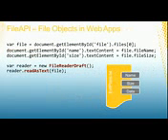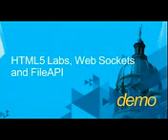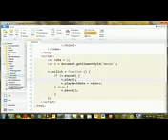The other specification that I want to talk about is the File API. So this actually gives us file level access in the browser similar to what we've had on our servers and in .NET for so many years now. So we can actually get information about files on the user's file system if they allow us to. And we can load those files and read files in as text. We can also load images and blob data in, and allow those things to be displayed in the user's browser as well. And I'm going to show you some of those. I'll show you File API specifically right now.